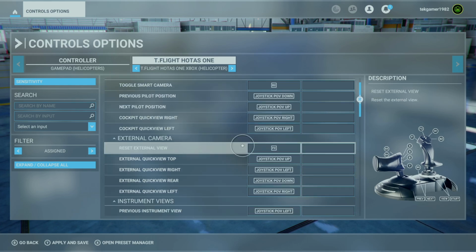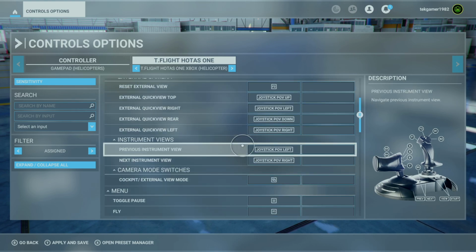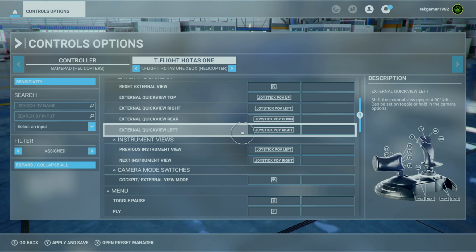External camera here, the same thing. This is when you are outside of the helicopter looking at the external view. Again, it is going to be joystick POV up, POV left, POV down, POV right. POV stands for point of view. And F2 will reset the external view to the rear of the helicopter.